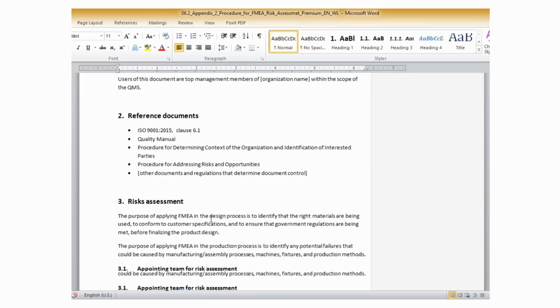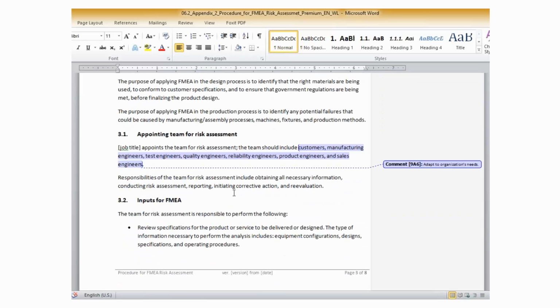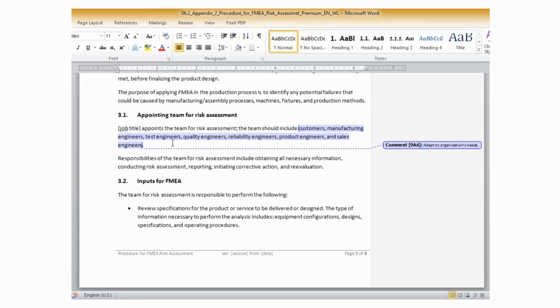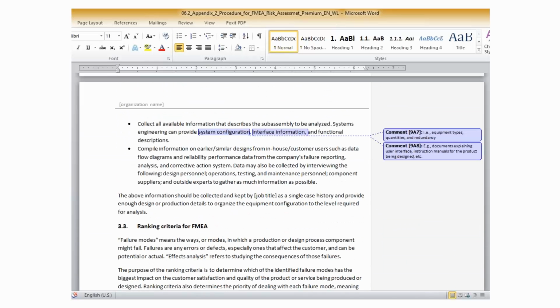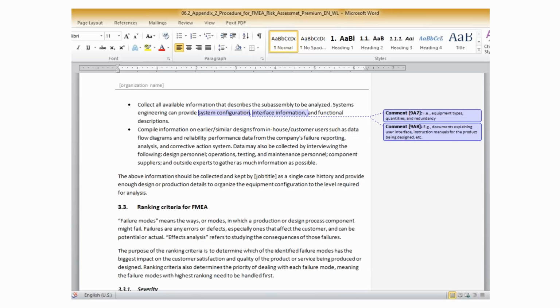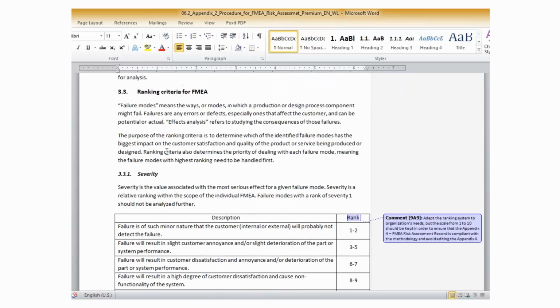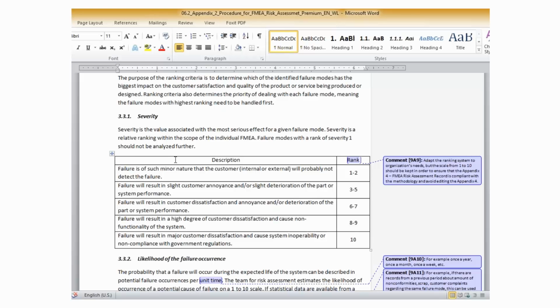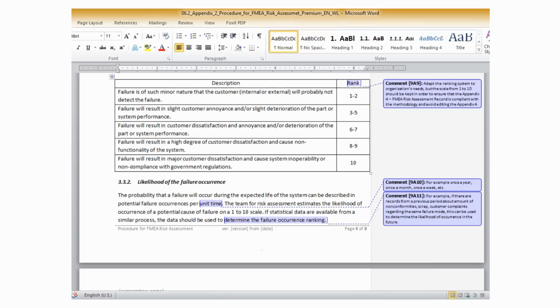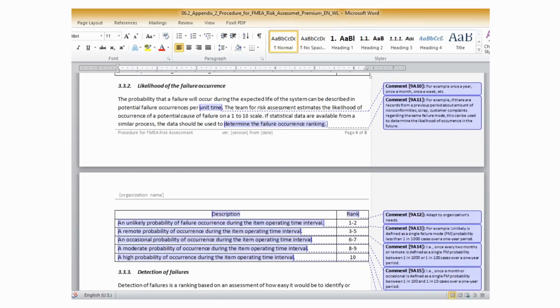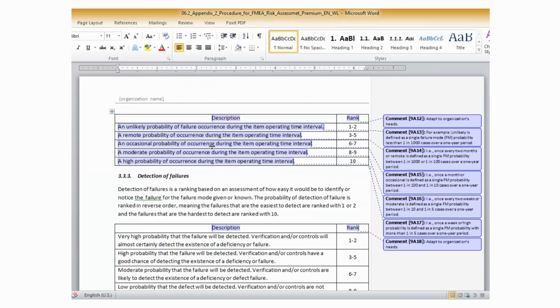Of course, there are some regular steps that you need to conduct, from appointing the team, then gathering inputs for the assessment, then defining the ranking criteria. The ranking criteria for the FMEA is usually from 1 to 10 for each of the criteria. So that is how these procedures for